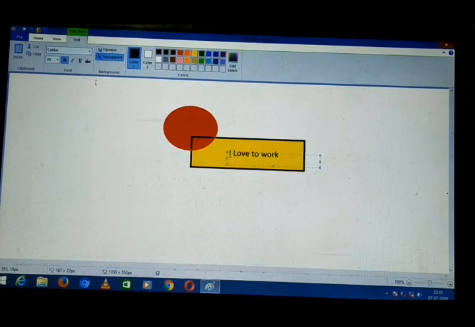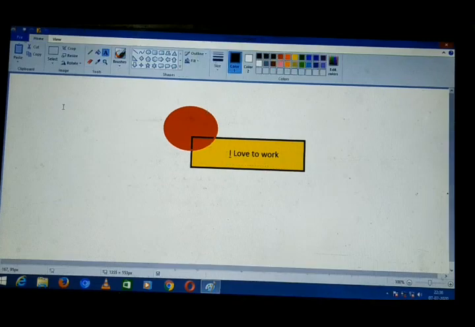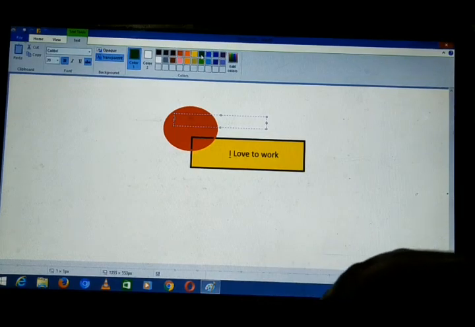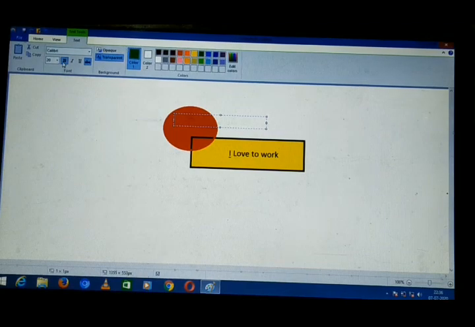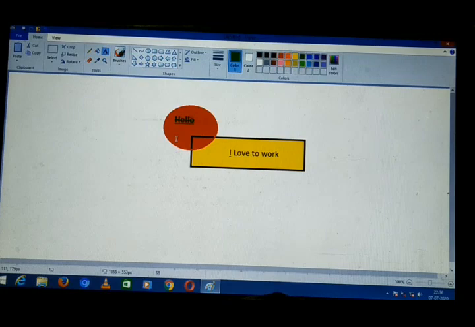I can apply underlines also. Or if I want to write another text, suppose I am selecting another text. Here I want to write with green color. So if I am writing in green and I have selected the bold and underline options, you can see from here, hello, it is getting underlined also. So this is the way we can write hello and edit the text.